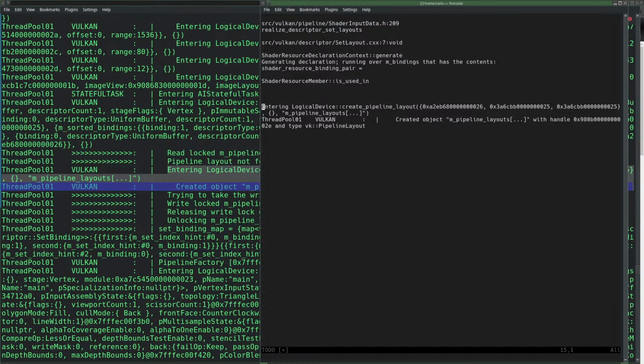Entering create pipeline layout, passing descriptor handle layouts, 3. And that gave us this handle that we're going to use later on.